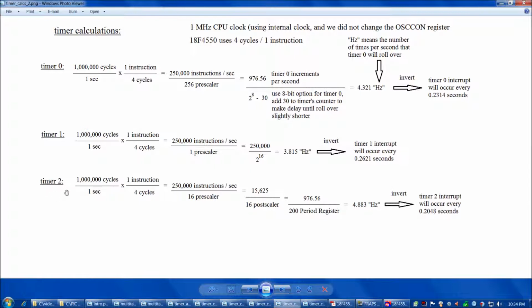So timer 2 is different than timer 1 in 3 ways. One way is that timer 2 is 8 bits, whereas timer 1 was 16 bits. And another difference is that in the case of timer 2, we have both the prescaler and the postscaler option. The third difference for timer 2 versus timer 1, and also how timer 2 is different than timer 0, is this period register here. And what this is all about is that for timers 0, 1, and 3, the timer's